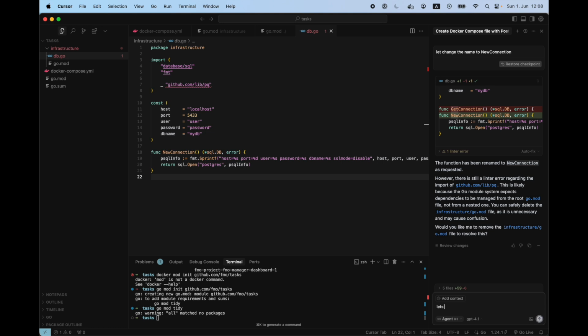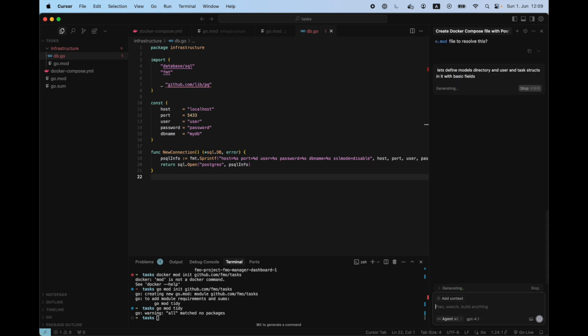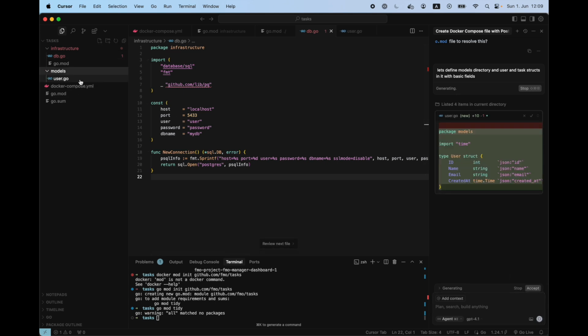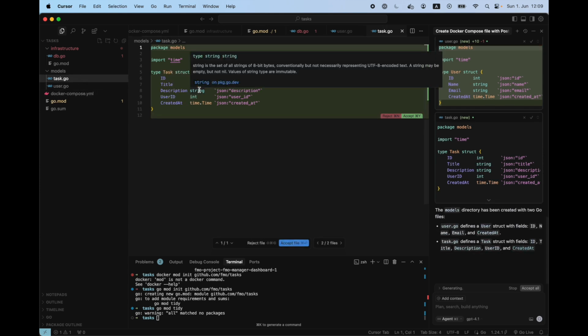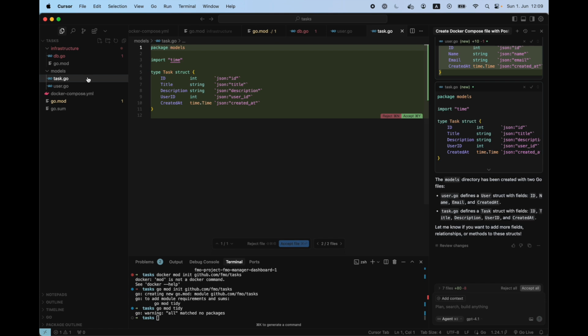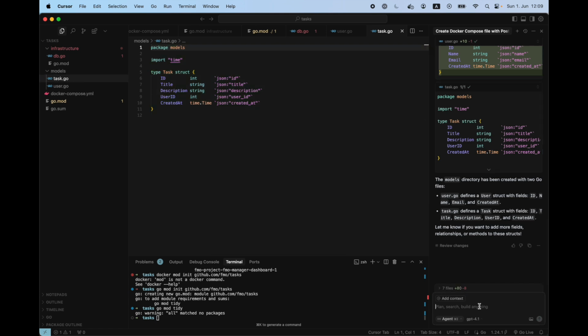And let's define a models directory and user and task structs in it with basic fields. So let's see. We need to structure the project a little bit. So user with the name and email, and the task is, yeah, pretty simple. Let's accept all. Let's create main